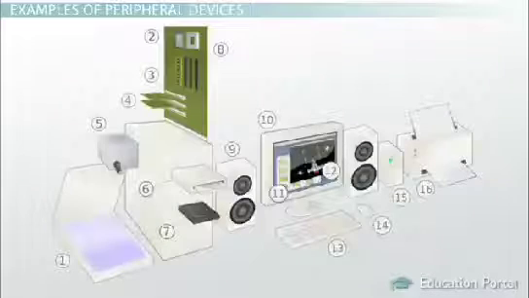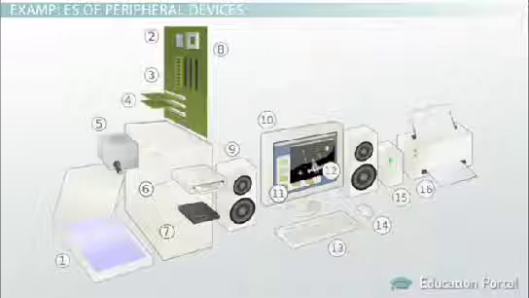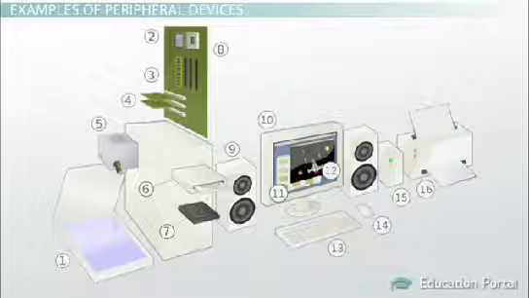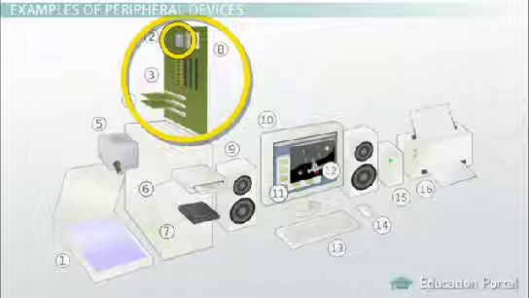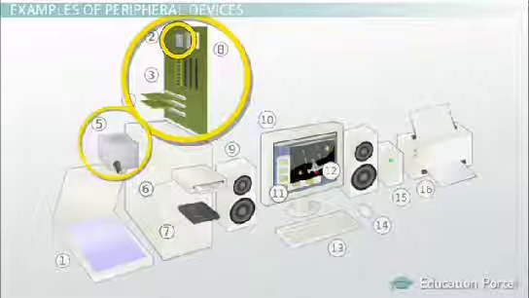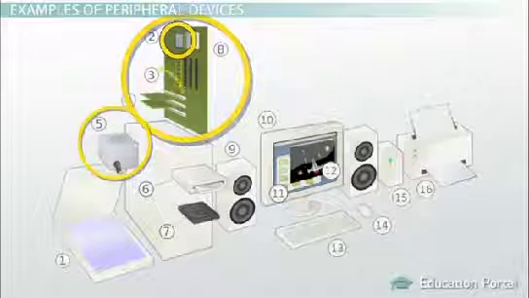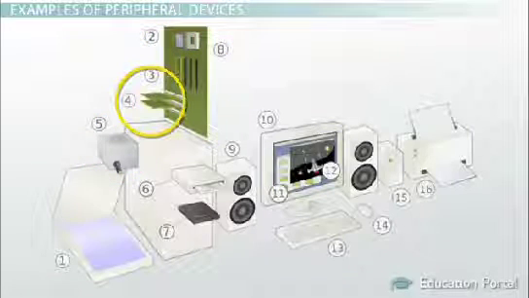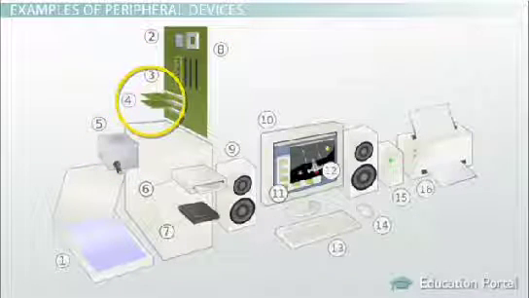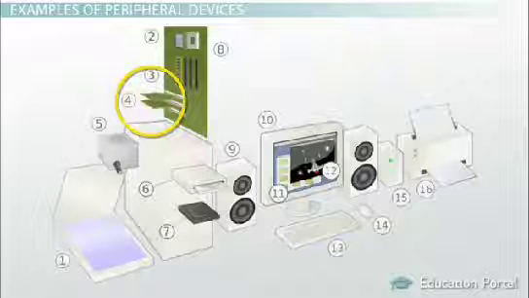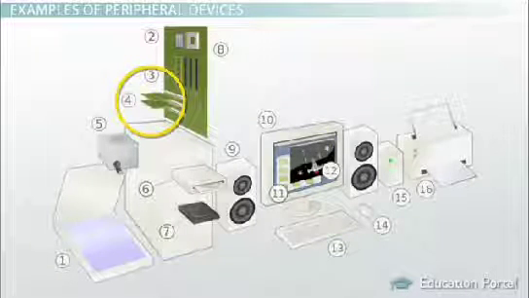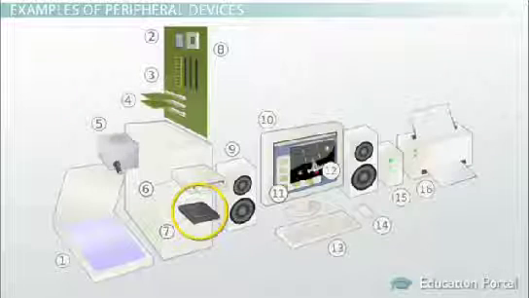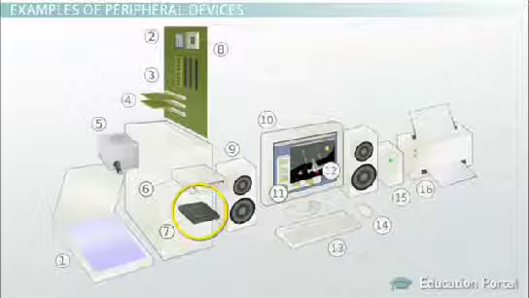Here you can see a typical desktop computer system with a number of common peripheral devices. The central processing unit, number 2, motherboard, number 8, and power supply are the core computer system. Expansion slots, number 4, on the motherboard make it possible to connect internal peripherals, such as a video card or sound card, not shown. Other internal peripherals shown are a hard disk drive, number 7, and an optical disk drive,